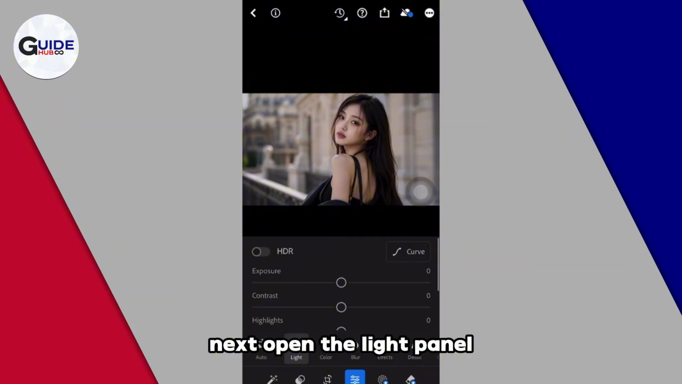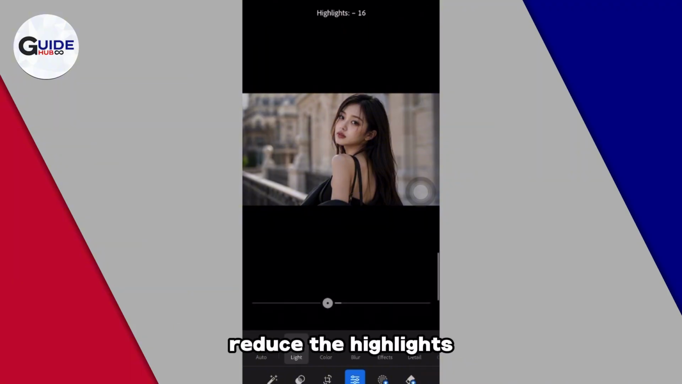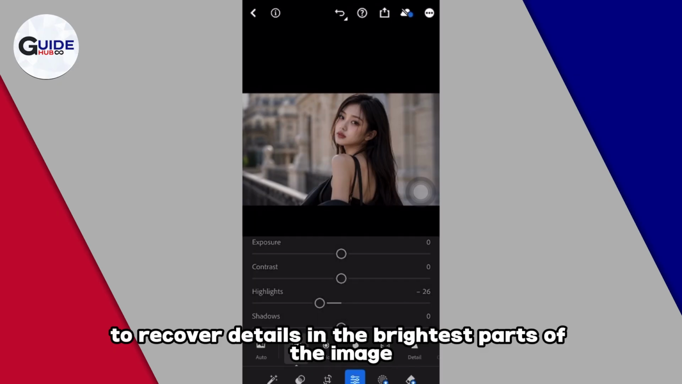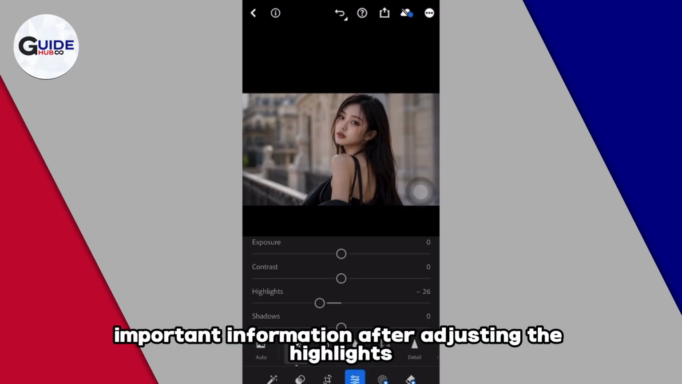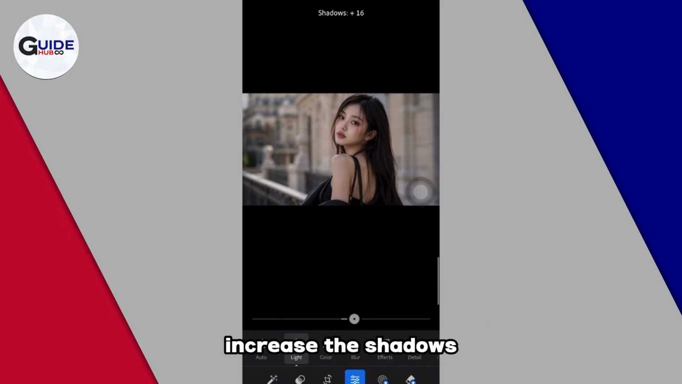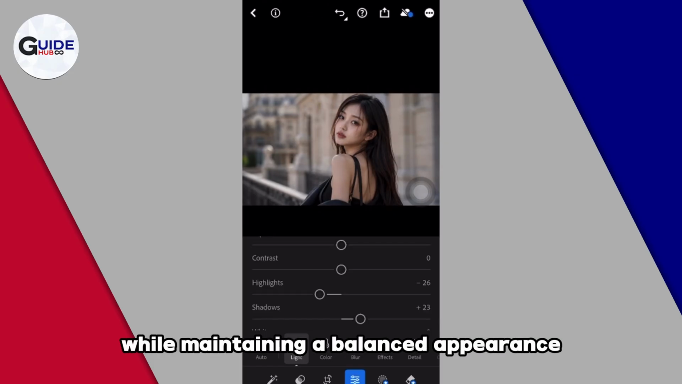Next, open the Light panel to begin making the primary lighting adjustments. Reduce the highlights to recover details in the brightest parts of the image and prevent overexposed areas from losing important information. After adjusting the highlights, increase the shadows to reveal more details in the darker areas while maintaining a balanced